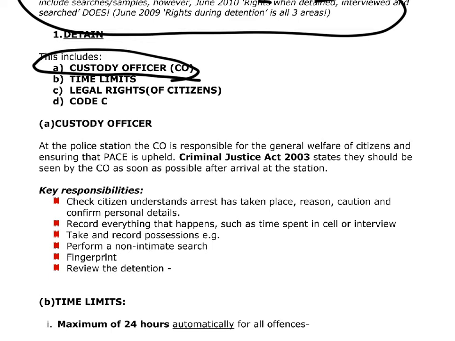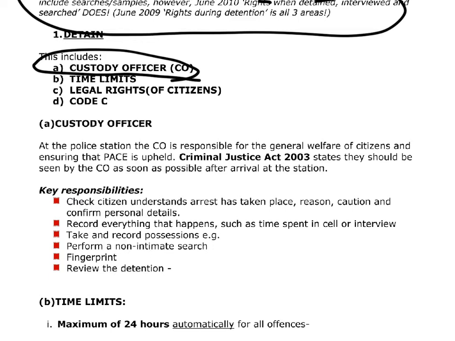Right, so starting with the custody officer then, the minute you get arrested and the police do the TOAST procedure, the last T is that you should be taken to the station as soon as possible. This takes place as soon as you arrive at the station. You need to be seen by the custody officer as soon as possible, because your rights are hindered until that. Okay, so as soon as you get there, you need to make sure that you are checked in with the custody officer, because they are responsible for your general welfare. It's their job to look after you. So if you sustain any injuries or die whilst under their care, then they will be responsible.